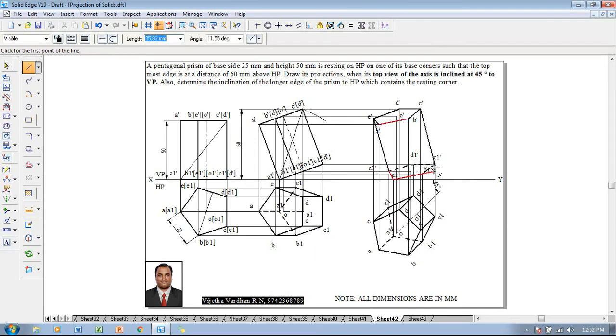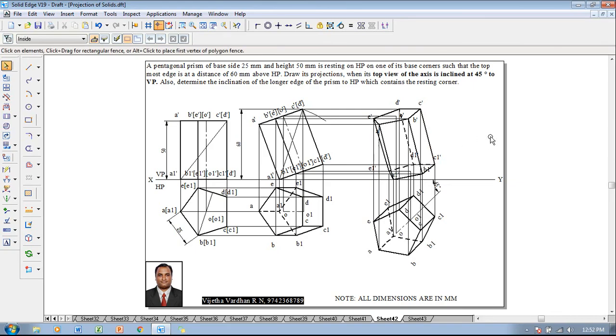Now connect A dash to A1 dash as a visible edge. Then B dash to B1 dash as a visible edge, and then D dash to D1 dash is supposed to be the invisible edge because it is passing inside the visible base.